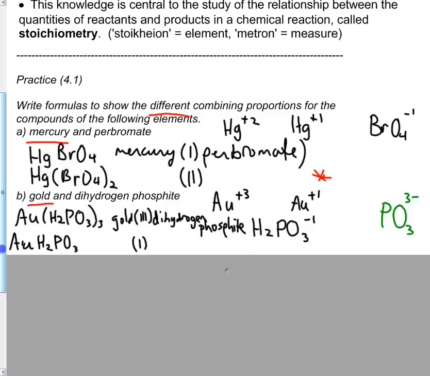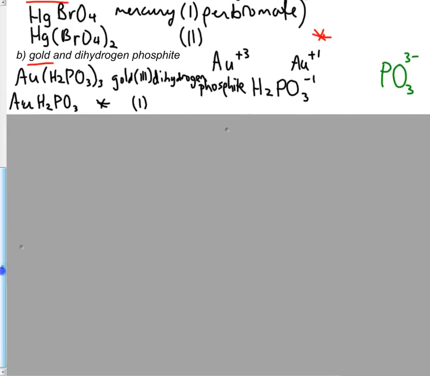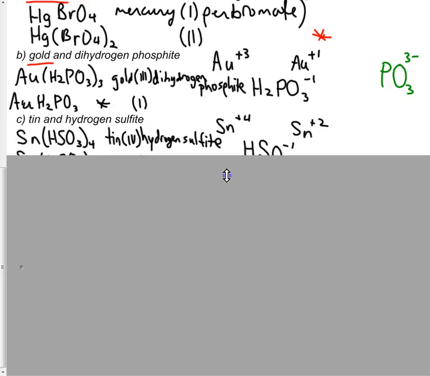Percentage by mass would obviously be a little bit more heavily weighted on the phosphorus and hydrogen and oxygen atoms than would be in the case where we only have one dihydrogen phosphite. So we can imagine there the percentages by mass would be a little bit closer to each other in the gold 1 compound. Okay, now moving on, in the next example here we have again a multivalent metal in tin,